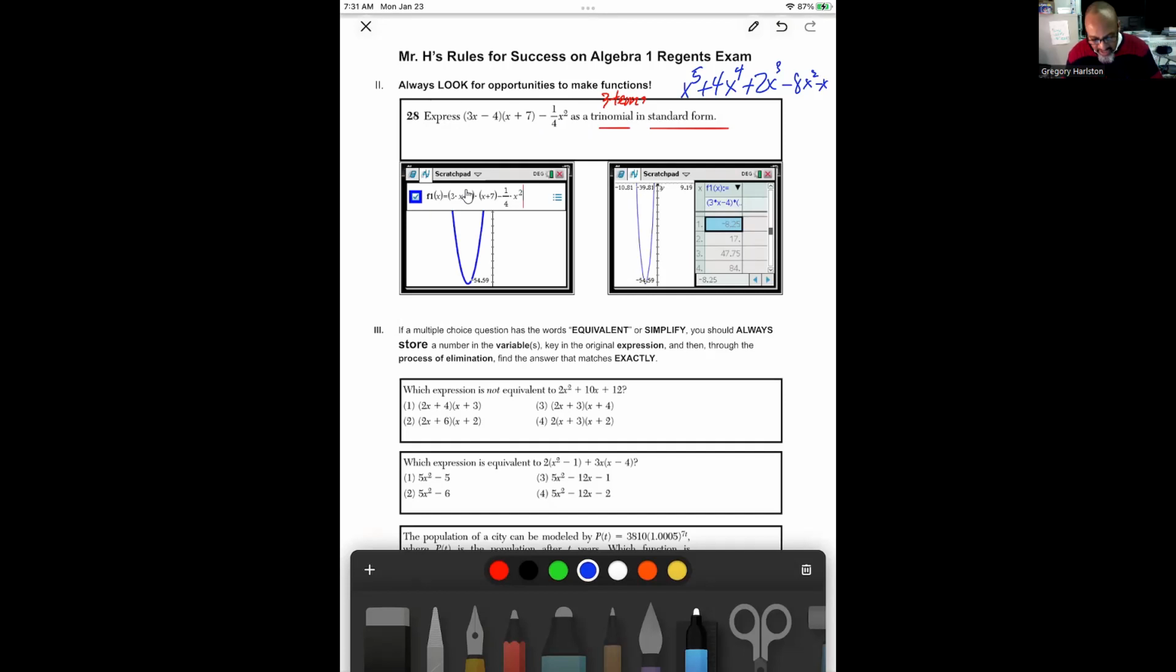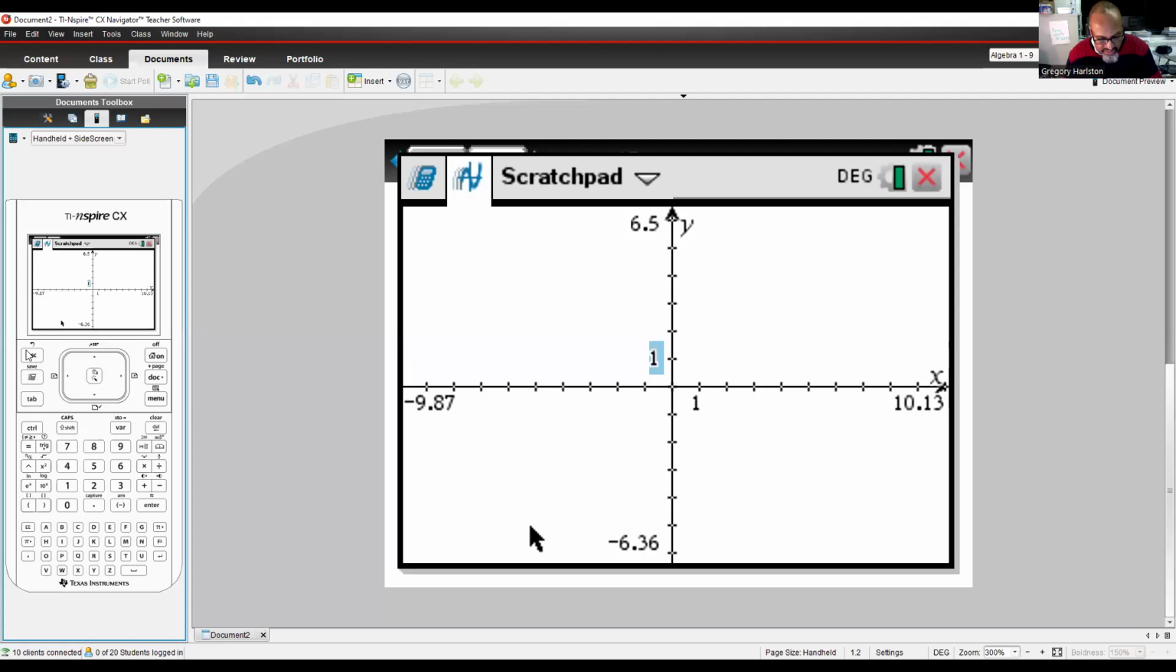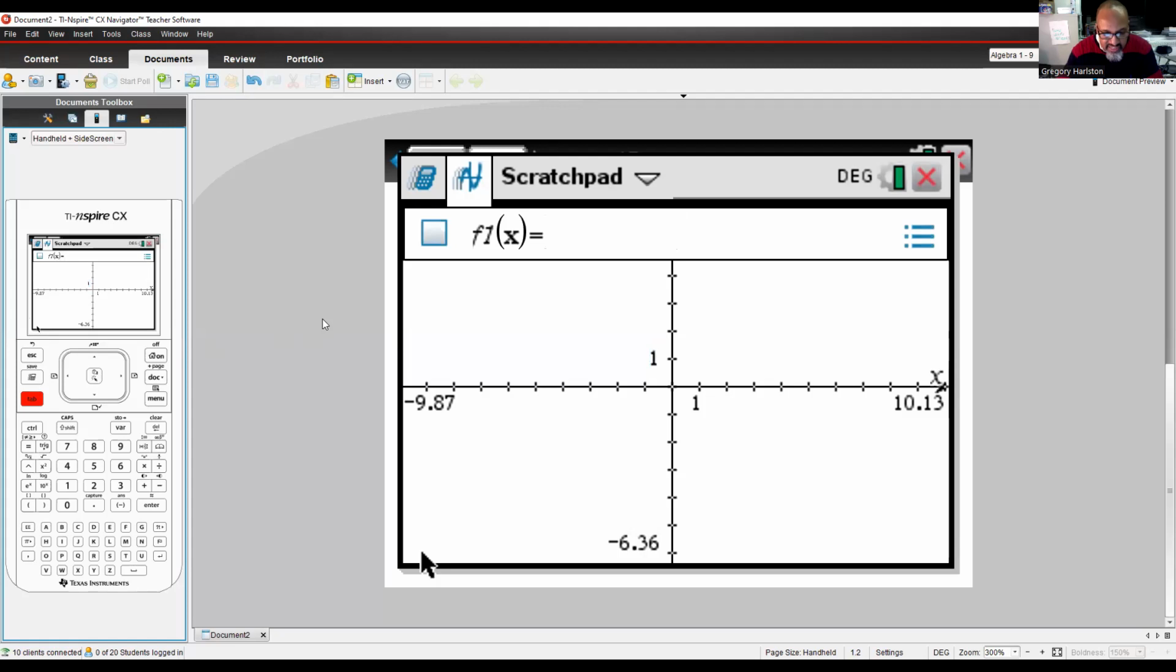So let me show you how I would do this. The very first thing I'm going to do is grab my calculator right here. Let me make this bigger. All right, so the first thing I'm going to do is go to the graph. I'm going to go tab, and then I'm just going to key in that whole expression, everything. I'm going to key it in just like I saw it: 3x minus 4, parentheses, times, parentheses, x plus 7,